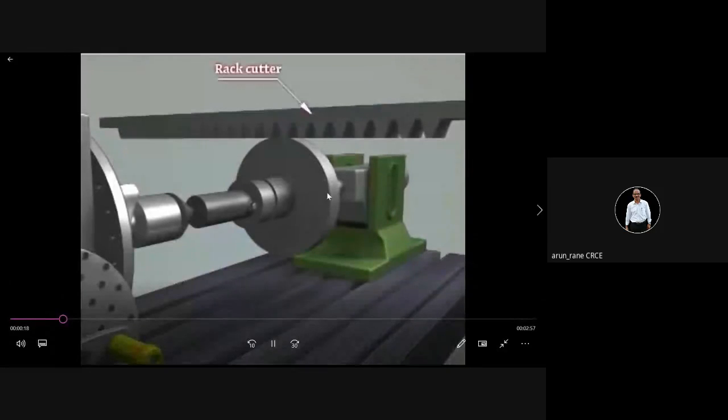This is what is called the blank. Your round piece, that is what is called the gear blank. This you have to turn first on a lathe machine.